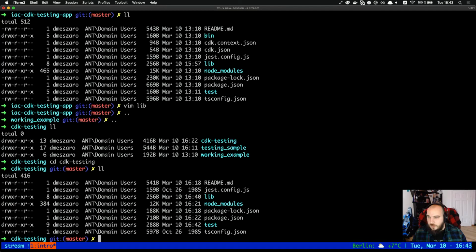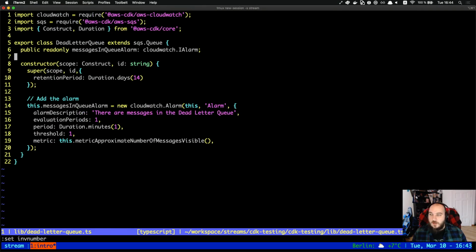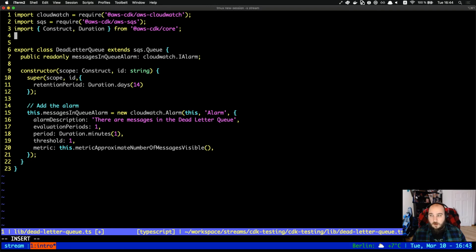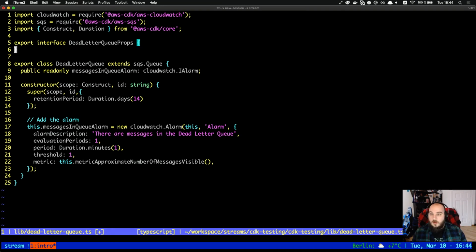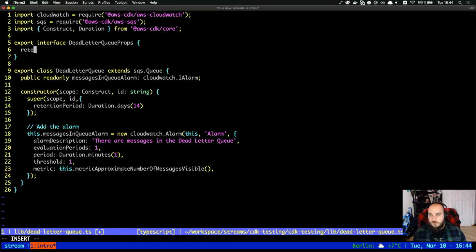One of the things we can do here is if we go to lib and then dead letter Q dot TS, we can actually create a property, right? When I said a property or a props interface, this is basically a simple way to pass properties onto your CDK libraries, right? So for example, let's do some typing. Export interface. Let's create some properties. Retention. Let's make an optional property, retention, and then just take a number, right? So we have created a dead letter Q props interface, and we're going to be using this thing within our SQS queue, right? During the constructor,